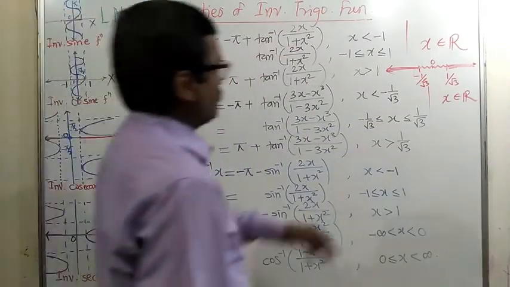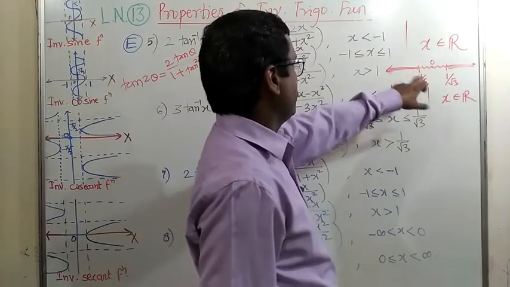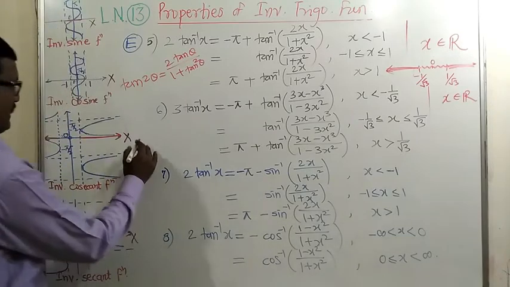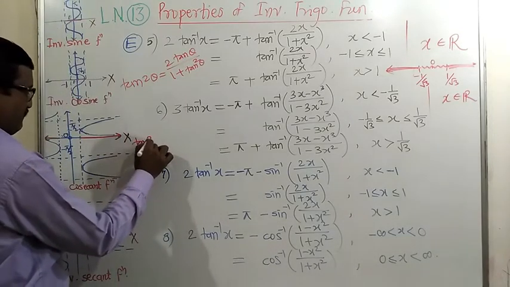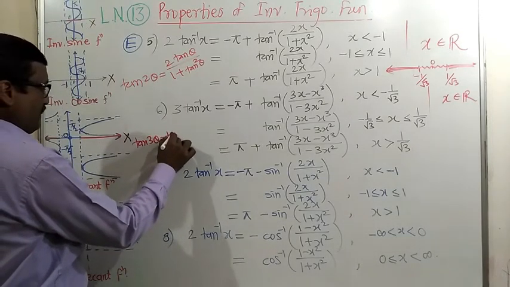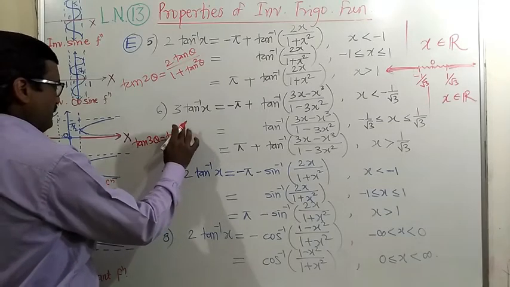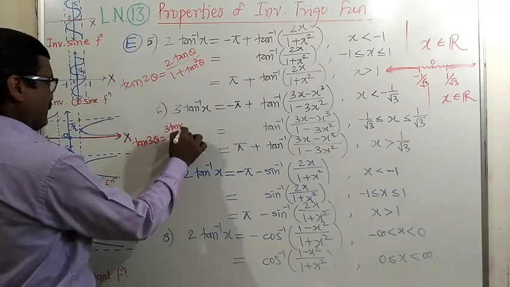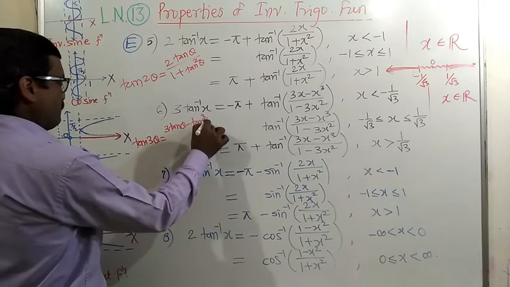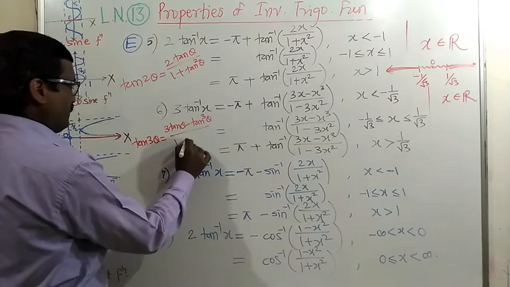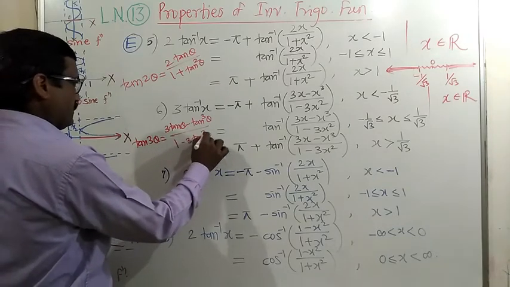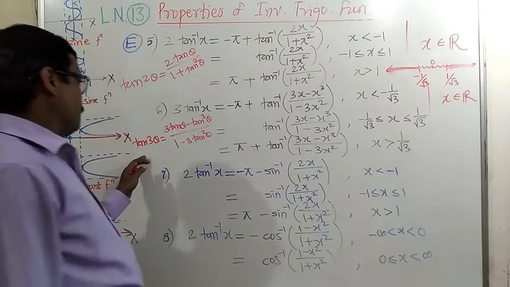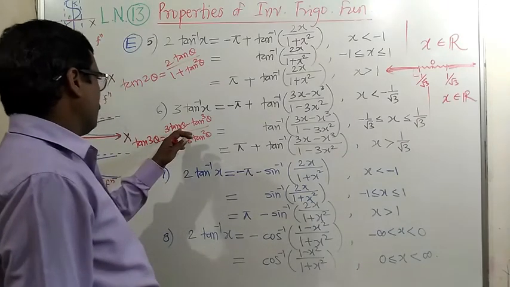Now the formula for tan 3 theta is equal to 3 tan theta minus tan cube theta upon 1 minus 3 tan square theta. That is the triple angle formula of tangent,